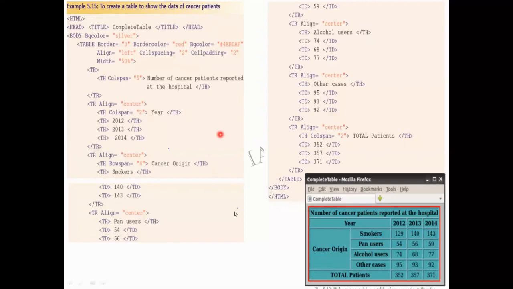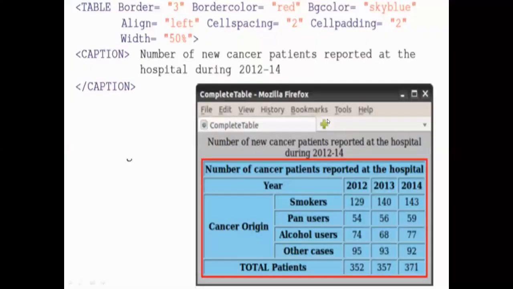Like this, if you write this coding, you will get this output. If you go wrong with any of your spanning values, rowspan or colspan, you will not get the same output. If you make any mistakes, you will not get the answers as required. When you get these kinds of questions, only the output will be given to you in your question paper. You have to write the HTML coding correctly. Is it clear? This is how we do our spanning. So the next we'll move on.